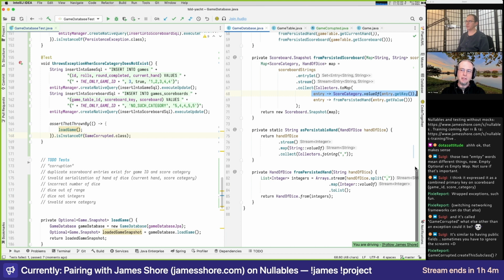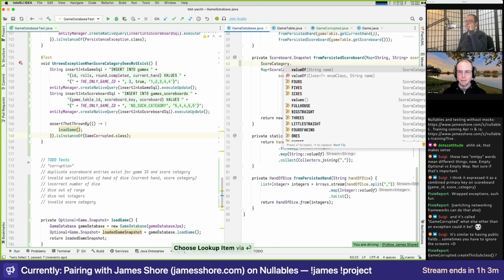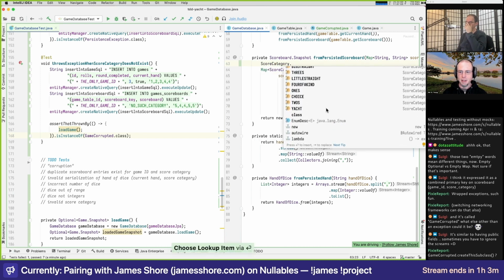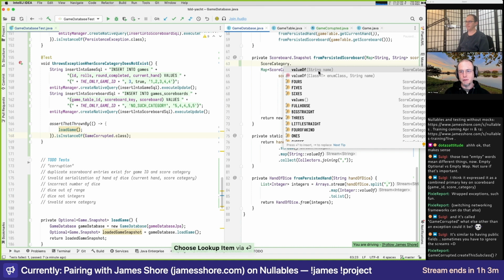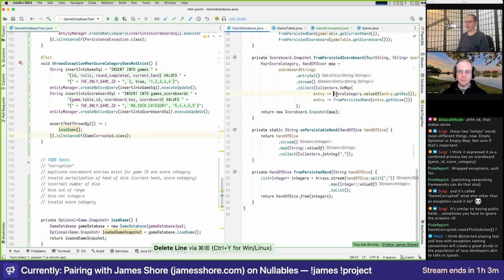For starters, is there a way at runtime for us to tell if a string is within the valid enum types? Well, you either try to do a valueOf and it'll fail, or you can look at the values and search through them and see if it exists. Okay. Let's start out by factoring out score category valueOf. Yeah, to from persisted score category.